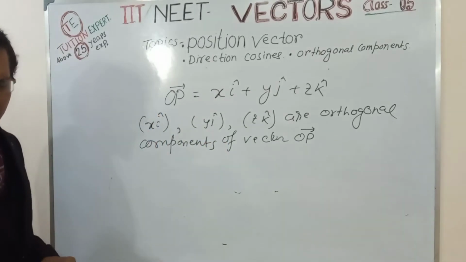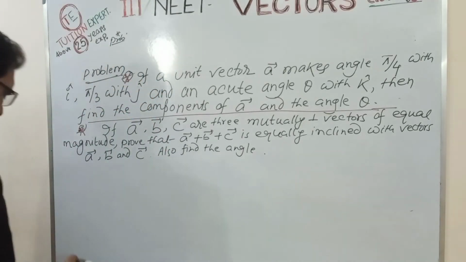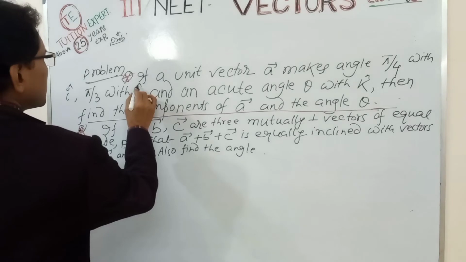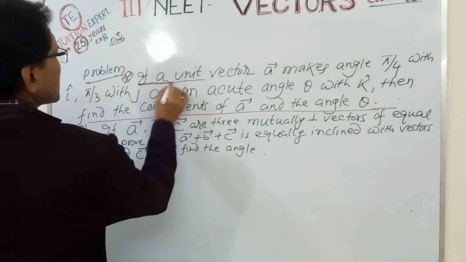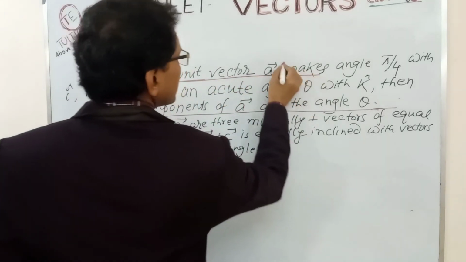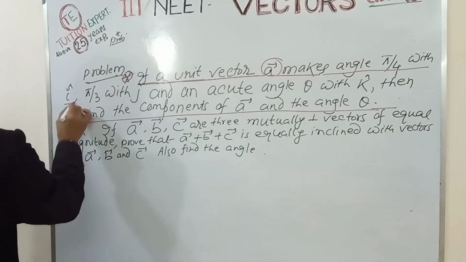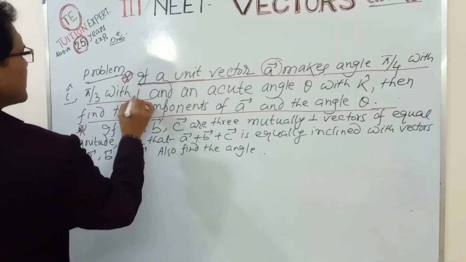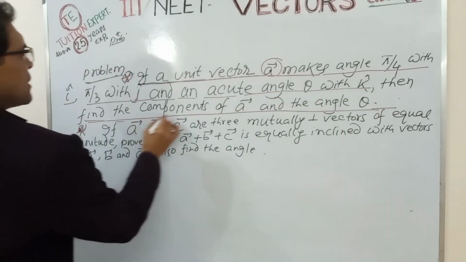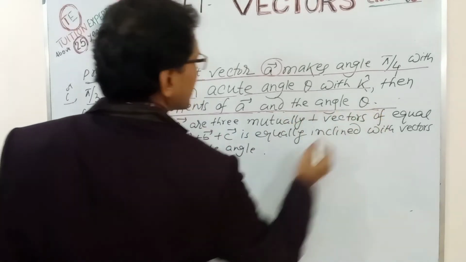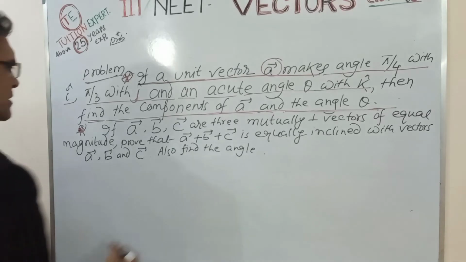Now let's discuss two problems. The first problem: a unit vector A makes an angle pi by 4 with i, pi by 3 with j, and an acute angle theta with k. Then find the components of A and the angle theta. This is the problem. So the solution is: